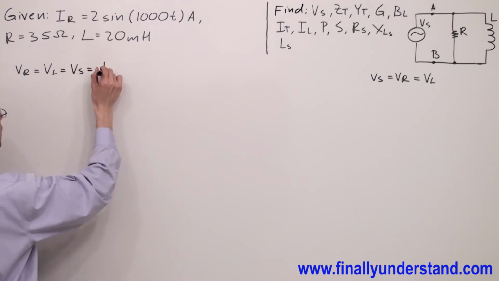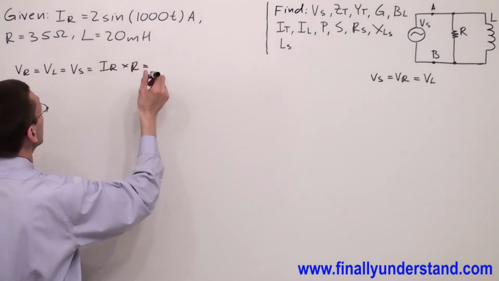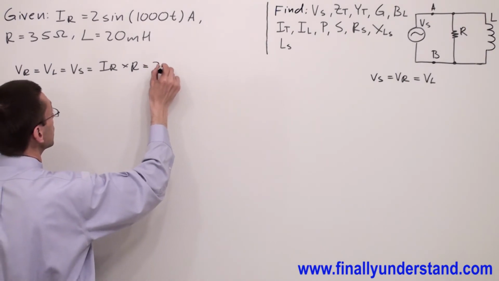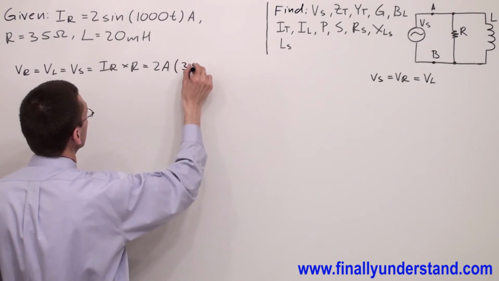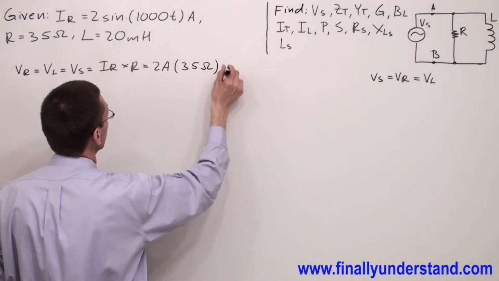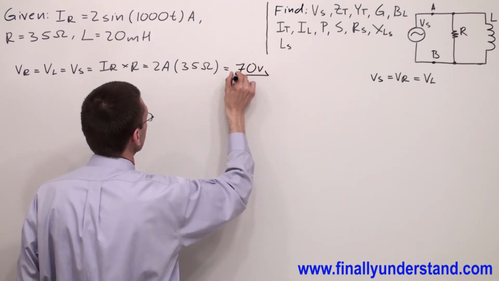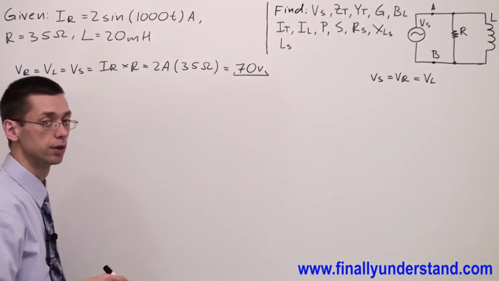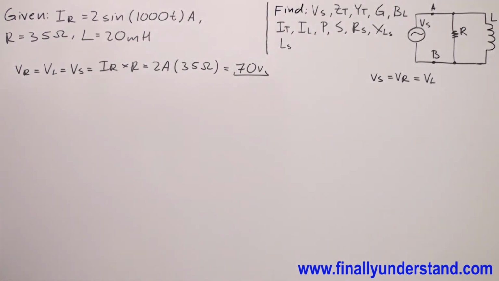This is equal to IR times resistance, where IR is equal to 2 amps and resistance is equal to 35 ohms. Everything is equal to 70 volts. So we found the voltage source. Next, we're supposed to find Z total. In order to find Z total, we are going to find first the